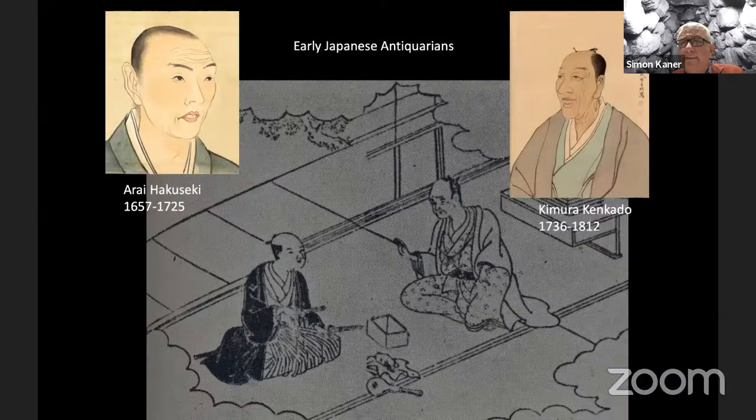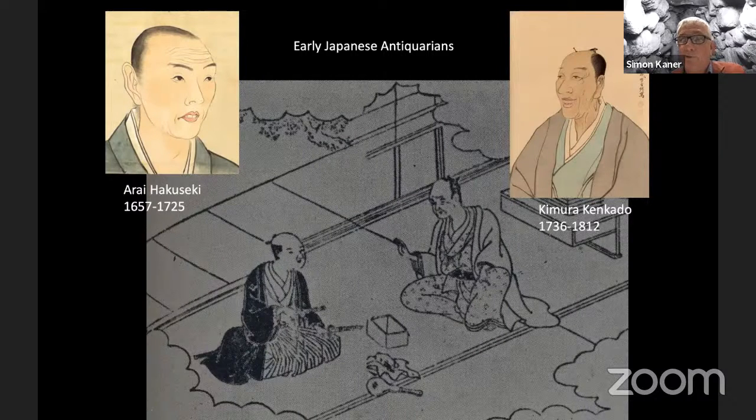It is a very distinguished tradition of antiquarian interest in Japan that may be of interest to other colleagues at the Society of Antiquaries here in London. Stretching back to the beginnings of the Edo period, in fact, and we have their politicians, literati, traders, people like Arai Hakuseki, who had a very important political career in early Edo period Japan, and Kimura Kenkado, who was the